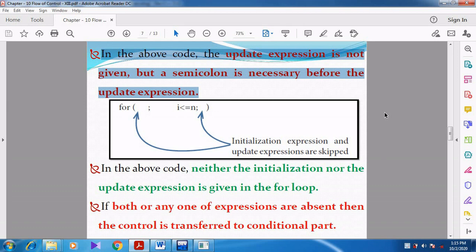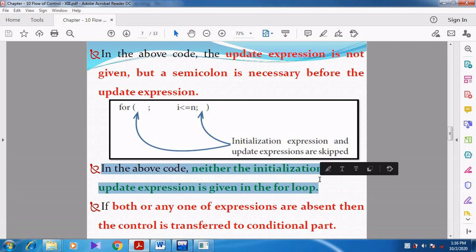In the above program, the initialization and updation were skipped in the for loop, and instead only the semicolon is given. The semicolon is very essential if you are giving the expressions as optional.